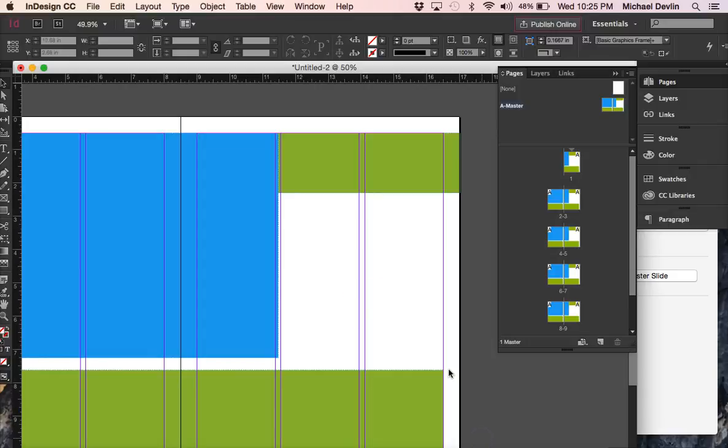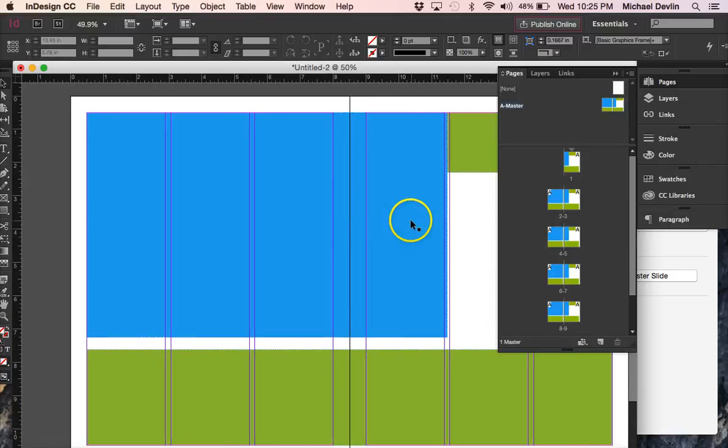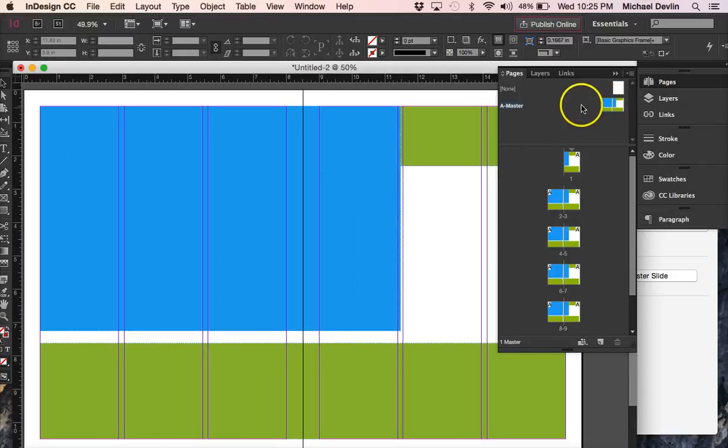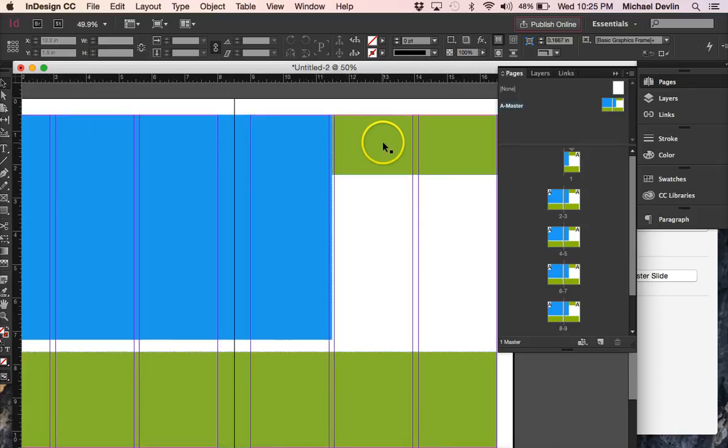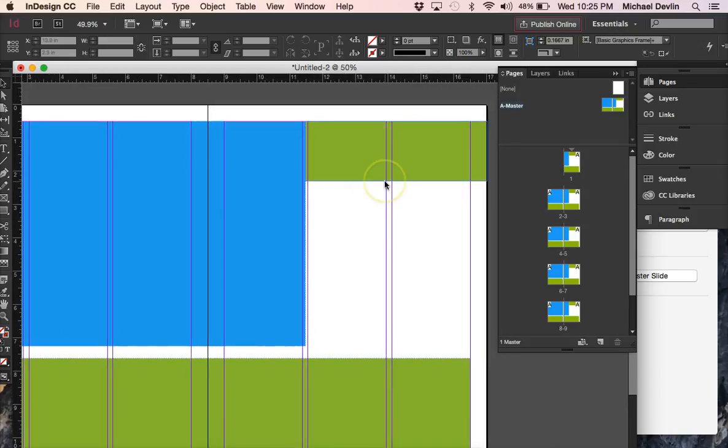Here I've created a document and I have my A master, which is just a nice colorful layout. But I want to create another page that has the same look and feel, but every once in a while on a certain page we'll have the ability to use this green space here to create a title. But I don't want this title or this text holder to be on every single one of the A master pages. So the first thing I'm going to do is come to the A master page and